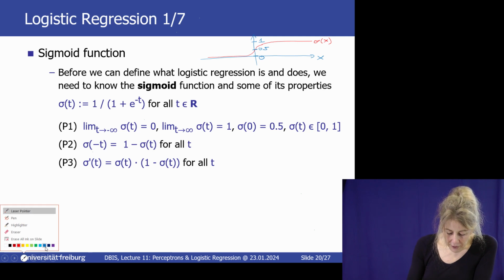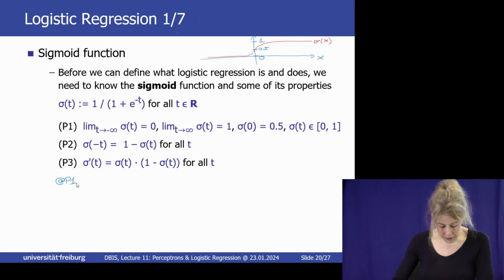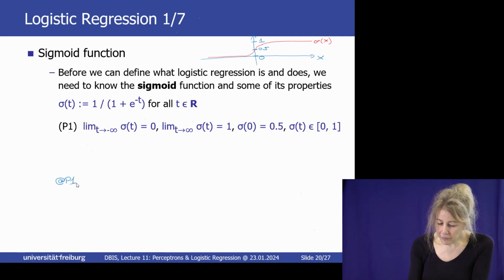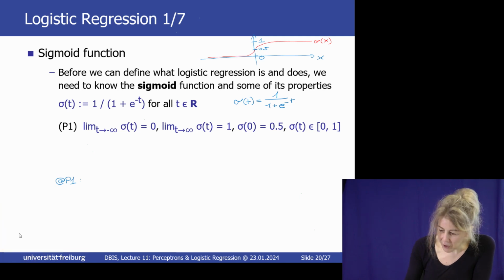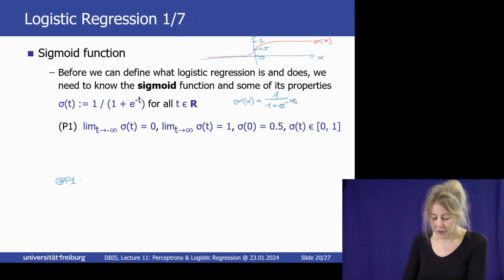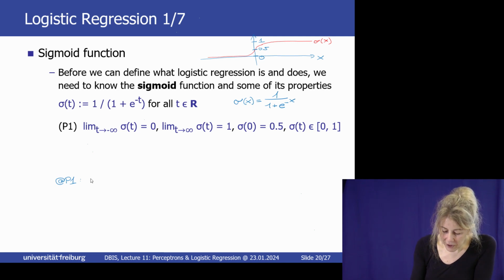And let's maybe prove them. P1, and let me go back here. Let's prove some things. So that's the function, and let me write it again as a fraction: 1 over 1 plus e to the minus x. Maybe when I write it, let me not write t but x, because the t always looks a bit like a plus. We can, of course, change the variable. Let's look at what happens